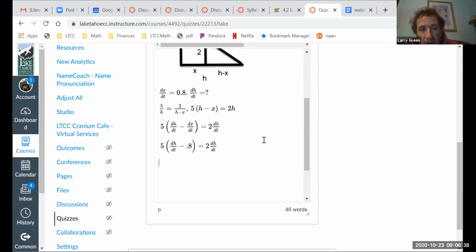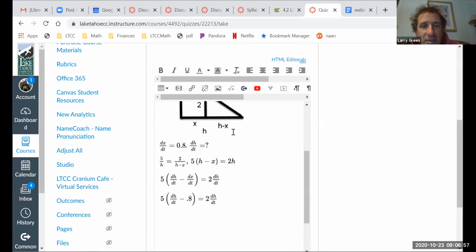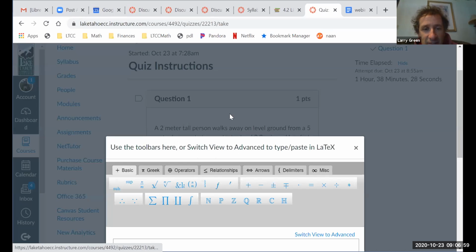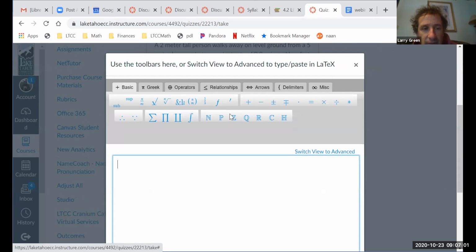Okay, now we find dHdt, and we can multiply the 5 through. I'm going to do it in my head if that's okay. You multiply the 5 through, you subtract the 2 dHdt, add the 0.8, and then divide by 3. Okay, and again, it's just very basic algebra steps. I'll let you do it yourself too. You should be able to do that. So we end up with dHdt